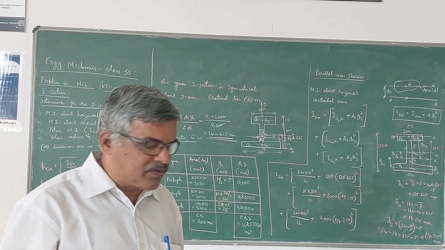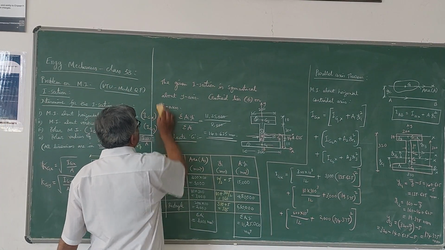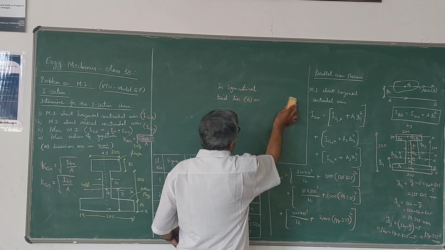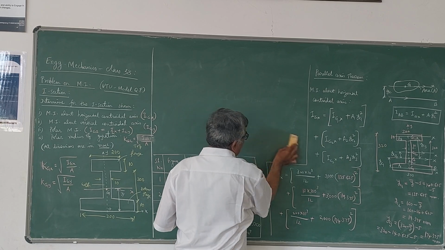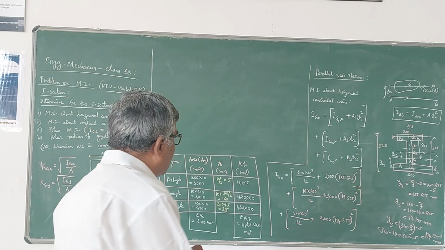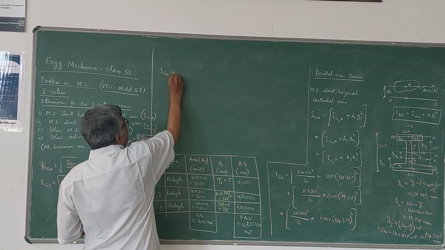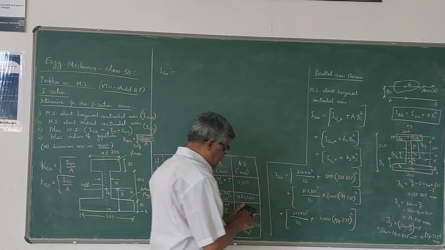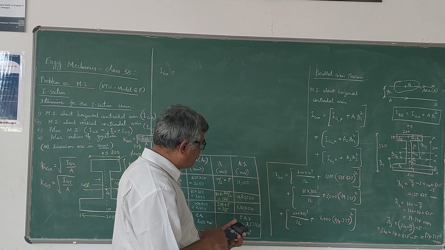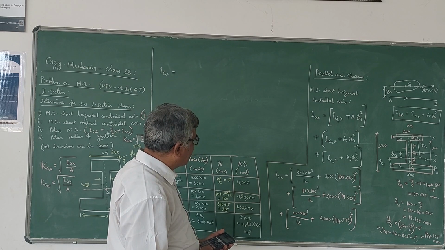Once you simplify this, you can get the value of IGX. Now let me write the value of IGX. We have to simplify all three expressions. Be careful in the simplification. The first value: IGX will be equal to the simplification of the first term, 300 into 10 cube, which is 1000, divided by 12, plus